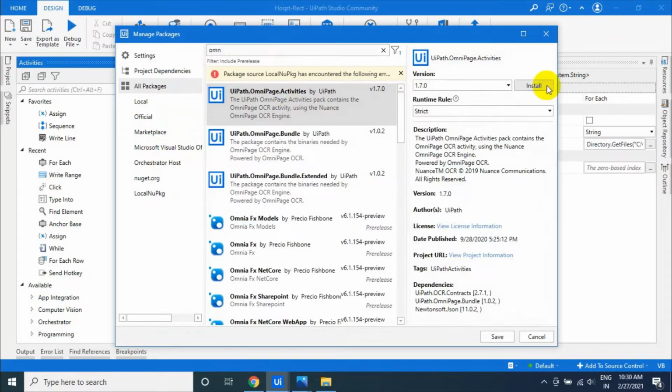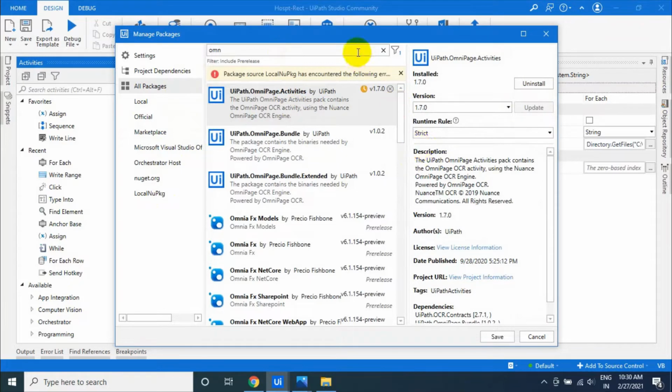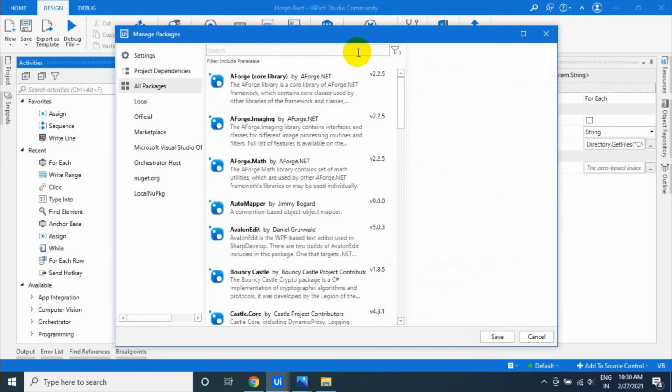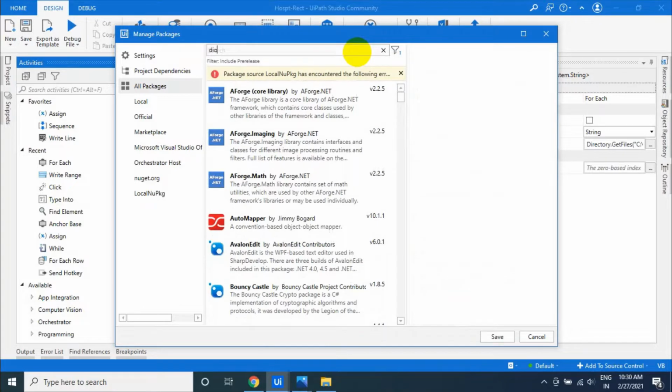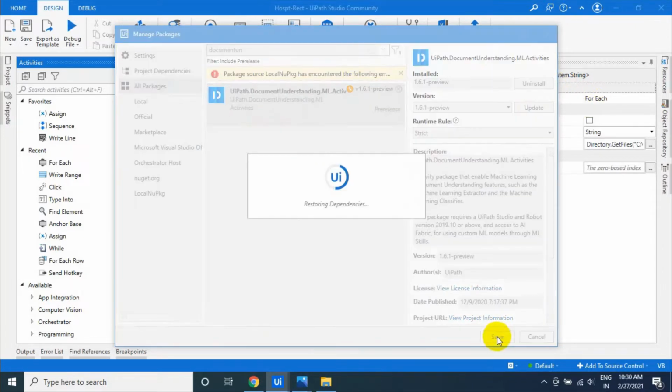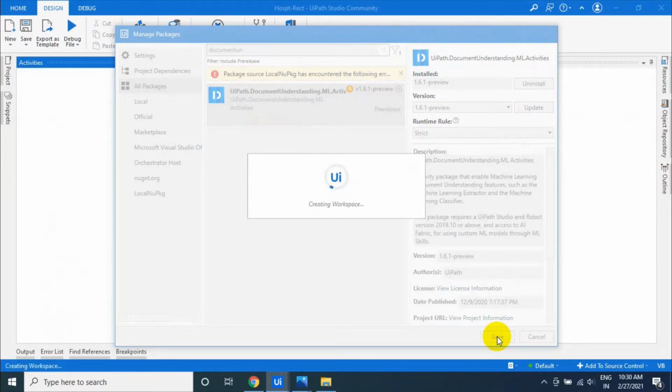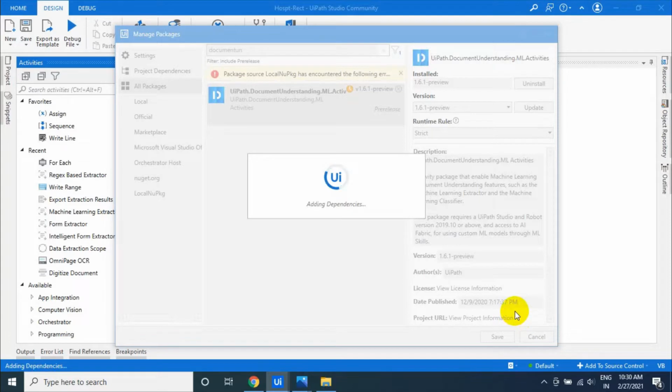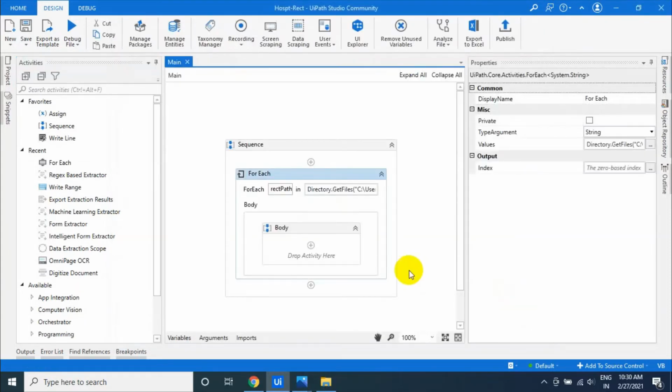Then for ML, just type document understanding and you can find UiPath.DocumentUnderstanding.ML.Activities. We are directly using the ML extractor so that it will identify some predefined fields, because the ML activities already had some training.